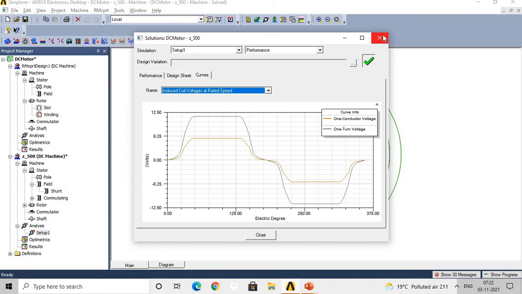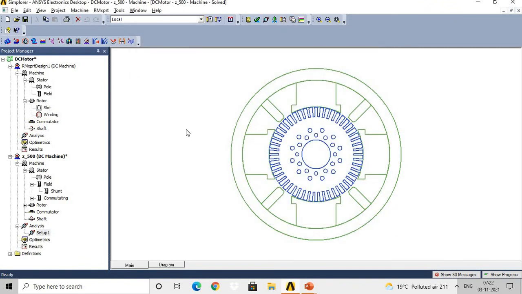So this is the information we will get as an output by this RMExpert design or analysis, in terms of the analysis result. So you can continue your research by checking the performance of the machine, then by selecting different materials, then you can easily import that information also.